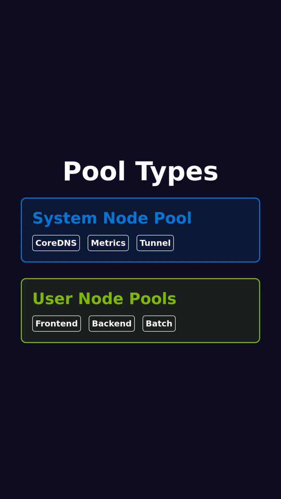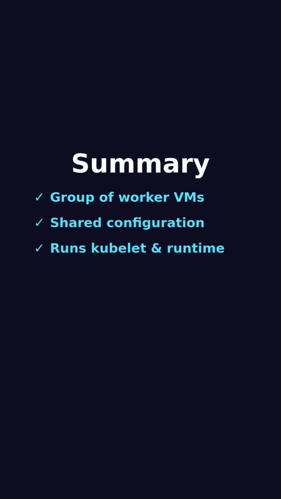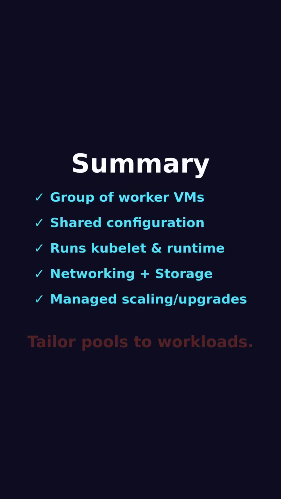So the summary is: an AKS node pool is a managed group of worker VMs with shared configuration, running kubelet and node services, wired into cluster networking and storage, and managed together for scaling and upgrades. Once you understand node pools, you can design your cluster to match each